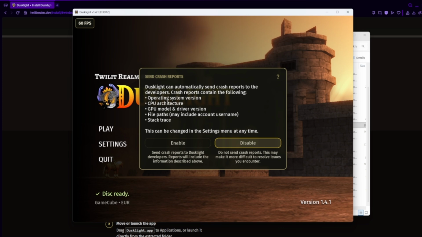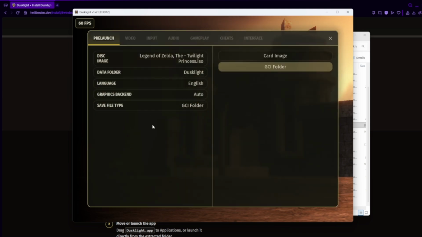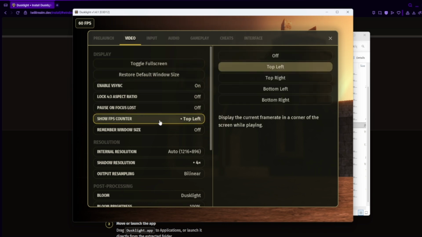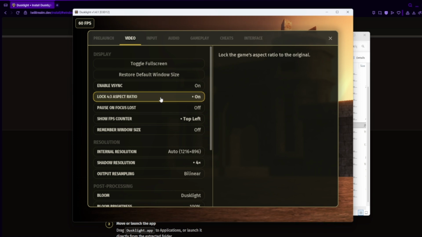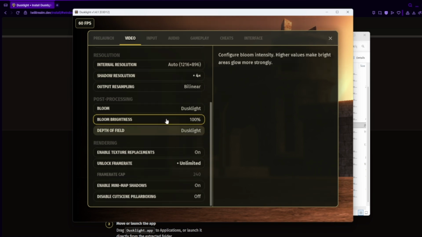Now that we've got it downloaded, once you've added the game to Dusklight, it'll have an add game option. You'll go into your folder where you have the ROM stored, and then add it. And then from there, you will be able to optimize any settings you want to. This does have a lot of settings that you can customize for your specific PC. You can turn on FPS, put 4:3 on, enable your VSync, change all the resolutions, bloom,